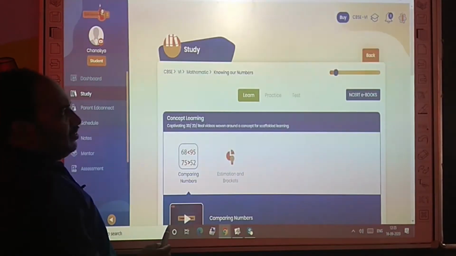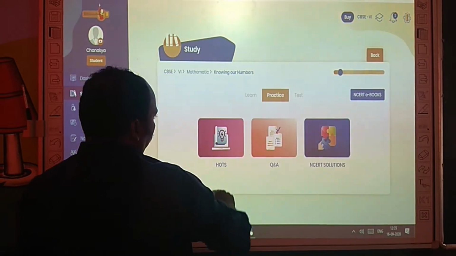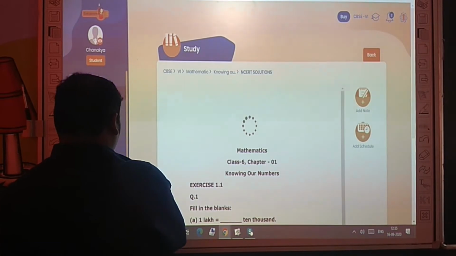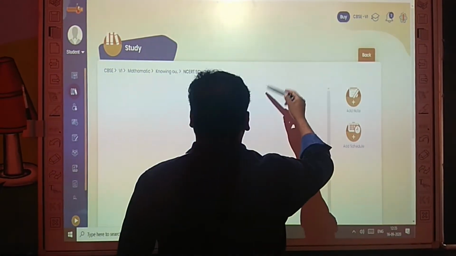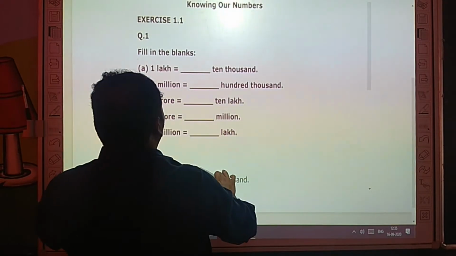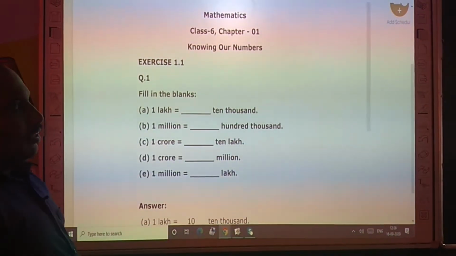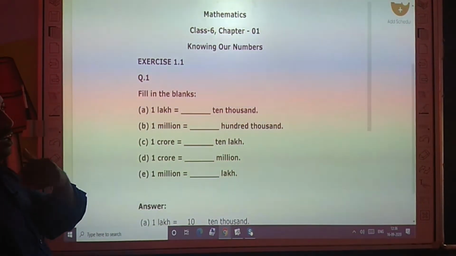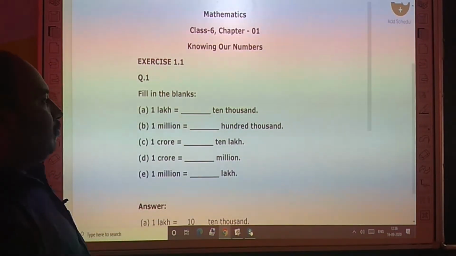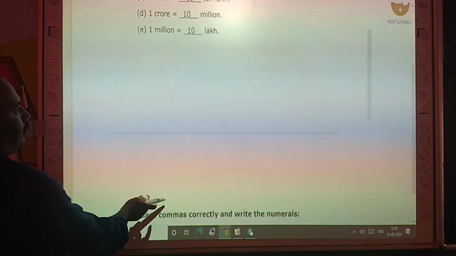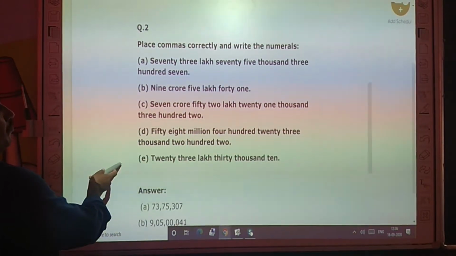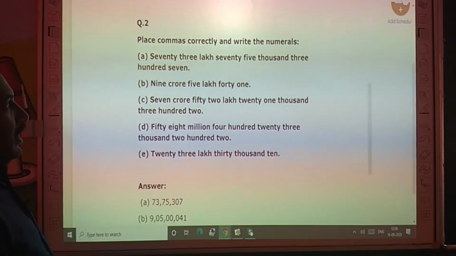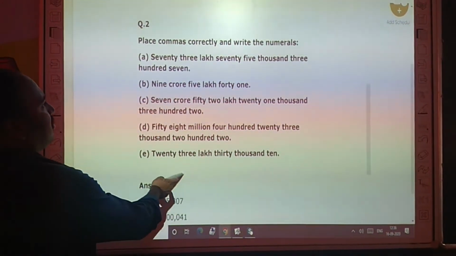The next we go to exercise 1.1. Mathematics, class 6, chapter 1, knowing our numbers, exercise 1.1. Question number 2. Place commas correctly and write the numerals. The first sum is